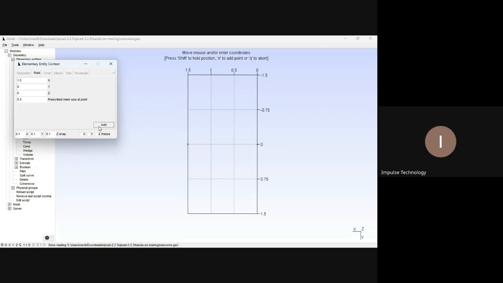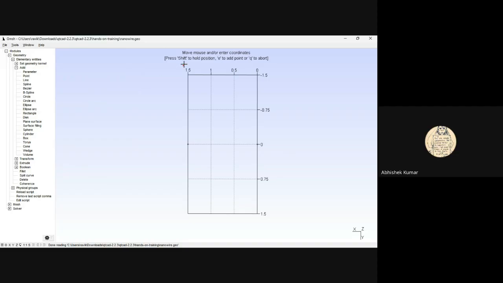Yes, sir. Sorry. When I try to describe this mesh size at 0.3, my x and y automatically change to minus something. So my geometry got changed. Will you please help me to retain the geometry for 0, 0, 0? Basically, you can press U from the keyboard. It basically undoes the process. Let me show you again. U from the keyboard, the undo option. Let me show you again. Here you can see